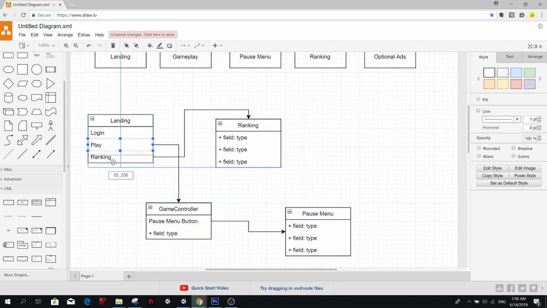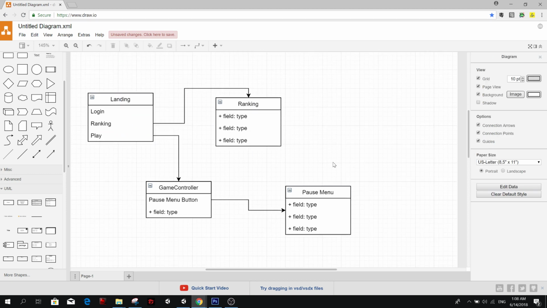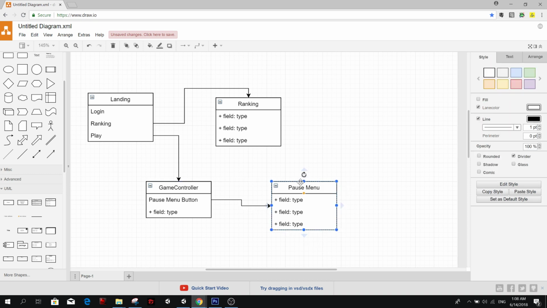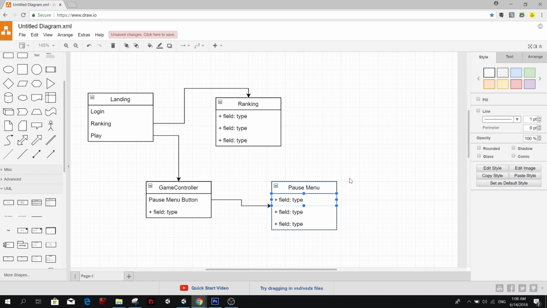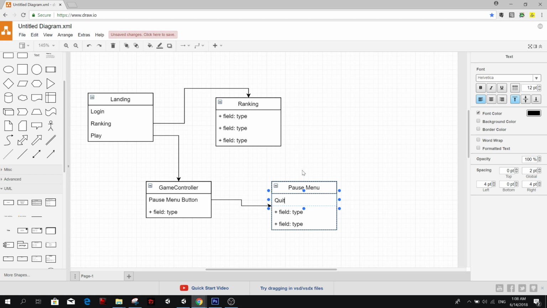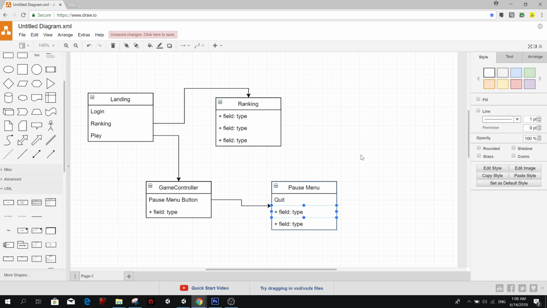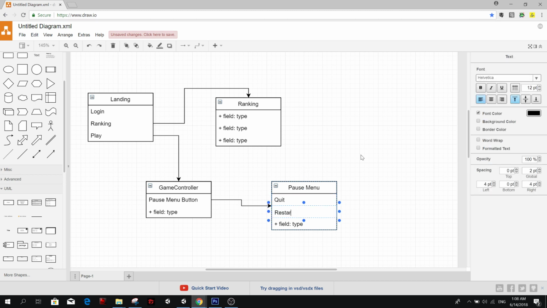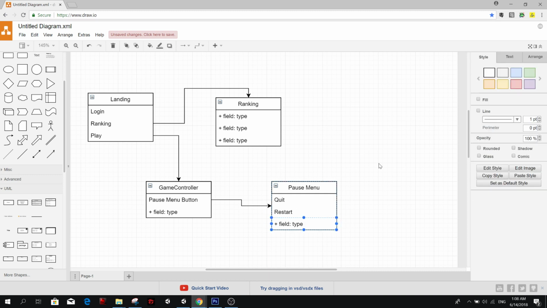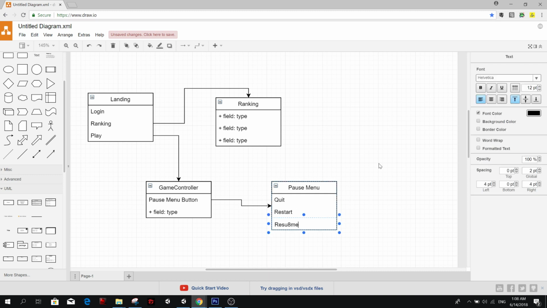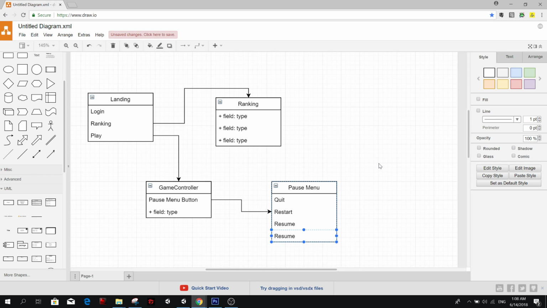And actually we could swap these two like that. So from the landing we can check the ranking, we can log in, and we can play. And from the game controller we can pause. Of course here we can quit. We can restart. We can resume.